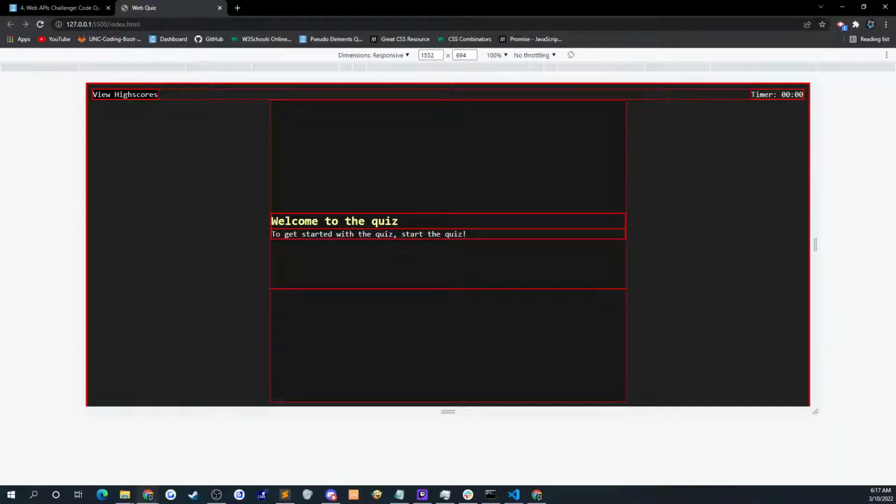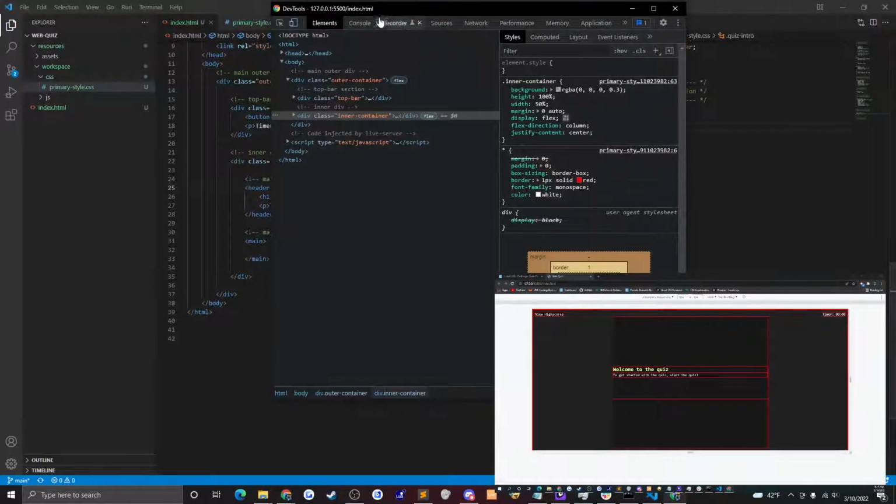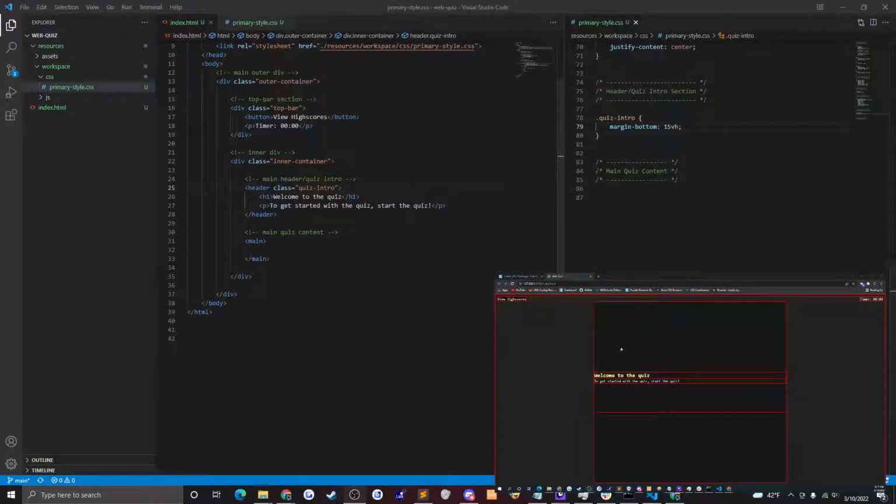Get the responsiveness back here. Responsiveness off. Yeah, there might still be a better way to do that, but